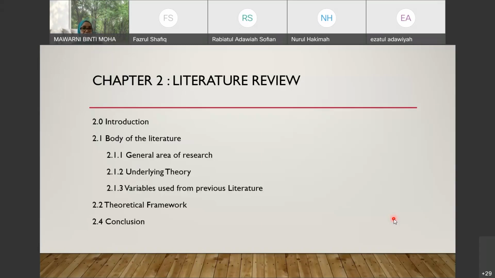Okay, and next one is the theoretical framework. This is also very important and many students miss it. Your theoretical framework is important because it gives you the ideas, it gives you the explanation of what you do based on the theories or models that you have chosen, and you put it in the form of a framework under your literature review. And of course, do not forget to put your conclusion, which summarizes the whole thing that you have done in chapter 2. Okay, give a summary of what you did.